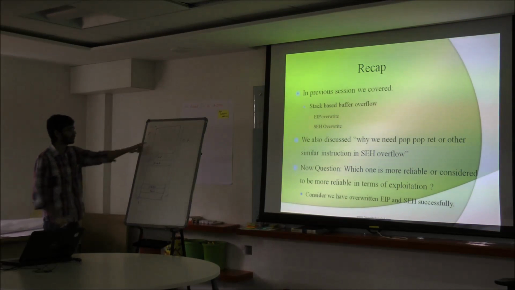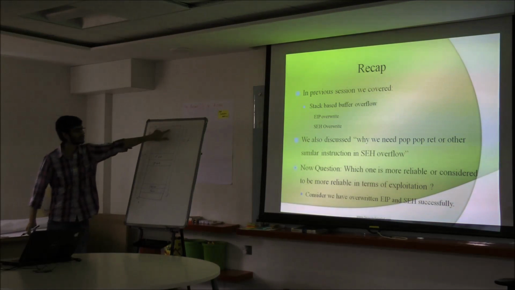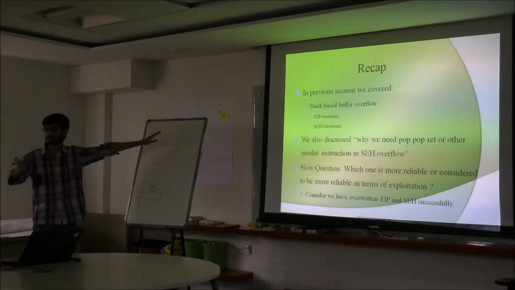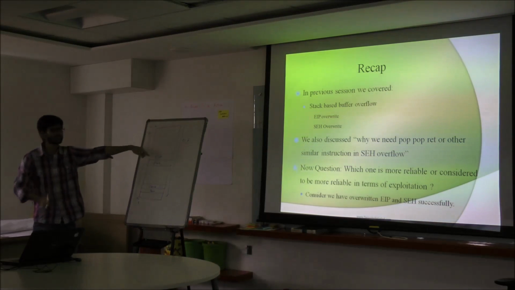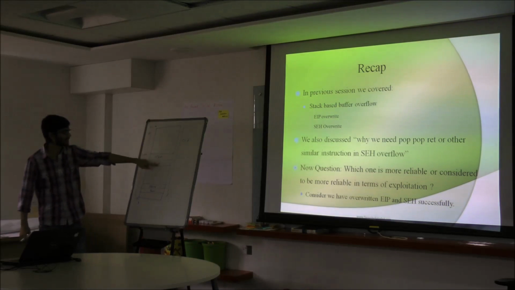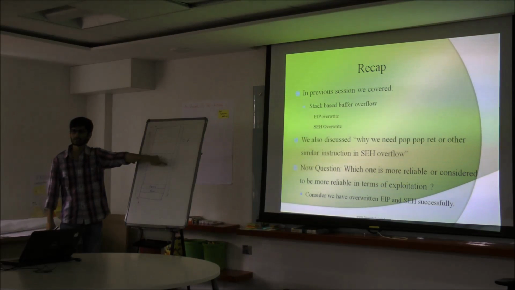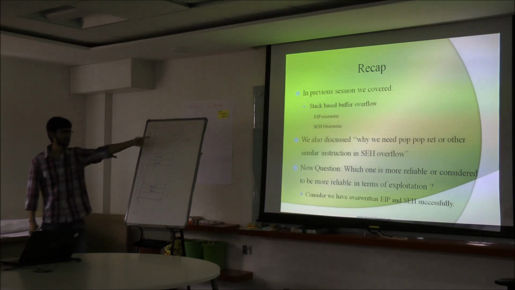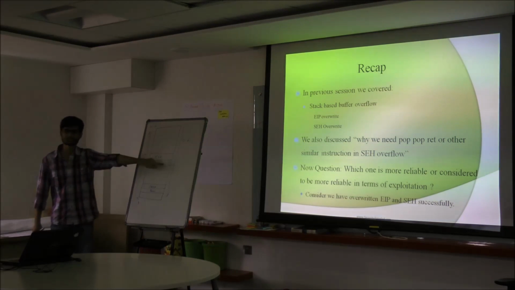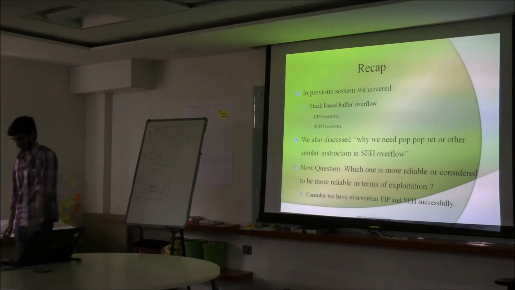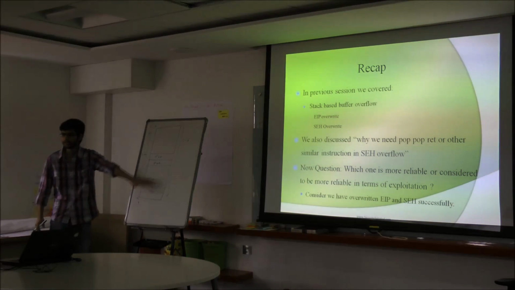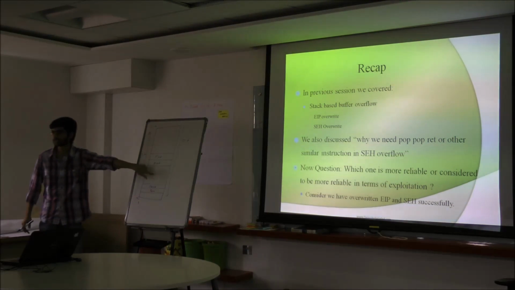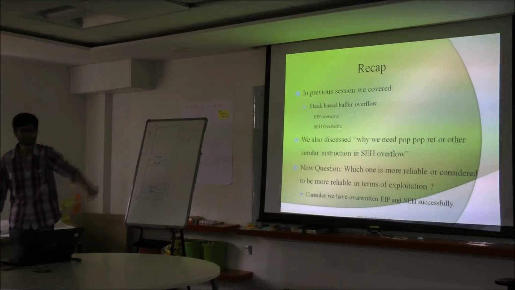And for the EIP overwrite, I mentioned that we start overflowing from where the function is calling the vulnerable function, and we are overflowing this data. It goes through this and we hit this position. When the function returns, we manipulate this position and jump into our payload. That is like a JMP ESP, because our payload is going to be there. So we'll put at this location a JMP ESP instruction or something like that.